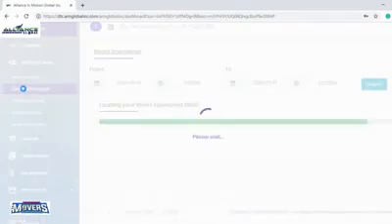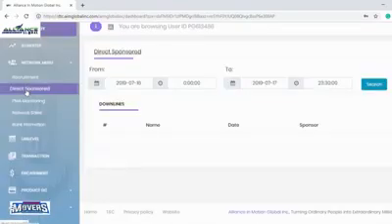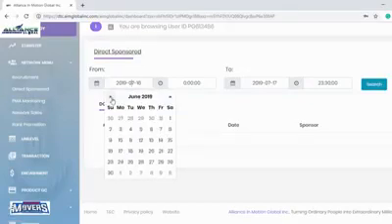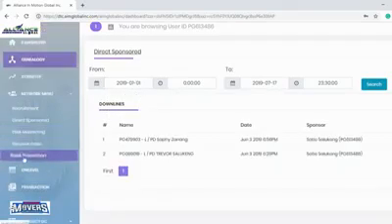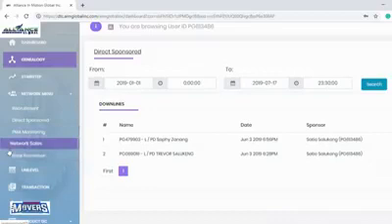Alright, direct sponsored. I already clicked the direct sponsored tab. It's the same as the recruitment. In here, you'll also see who are those people who you have invited and joined in Global. It's you as the sponsor. The same process if you would like to know for a specific month and year, you just need to select from and to, right? And these three are self-explanatory.